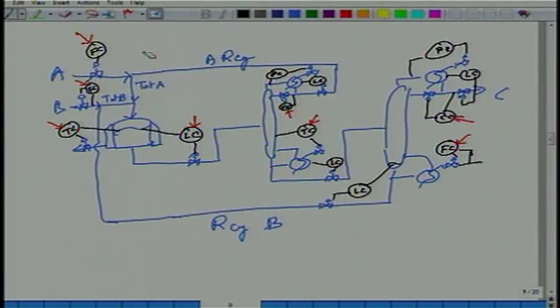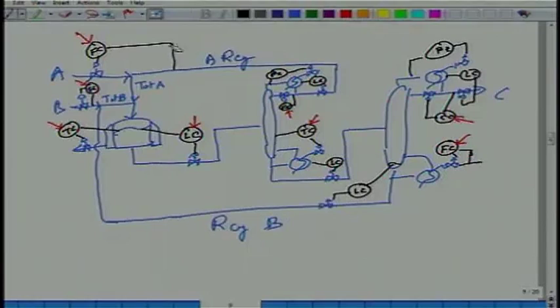If I am doing it like this, now this is a dynamic consideration. This flow rate has gone up, recycle flow rate has gone up. I change the amount of A. Well, the recycle flow rate will not get affected immediately. It will go to the reactor, then the level here will build up, and then this flow. So this will be a very slow loop. Conceptually, this will also work. However, this loop will be very slow, because the effect takes a long time to pass through the reactor and then the column. Okay, so this will be a slow loop. I don't like slow loops, if I can help it.